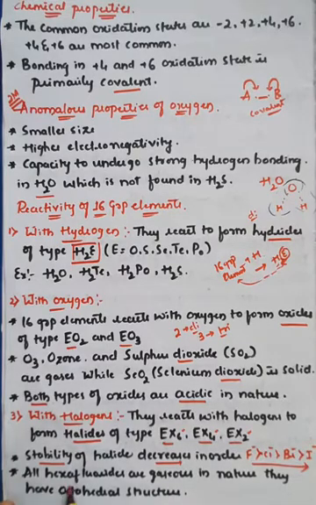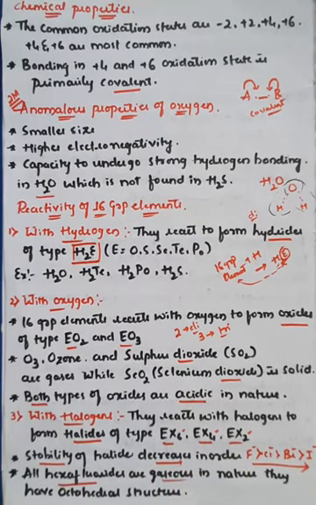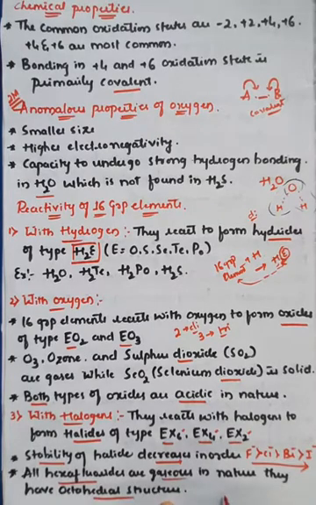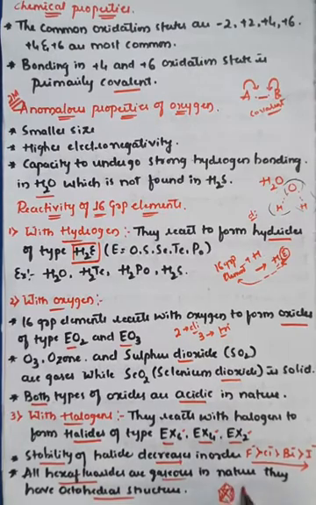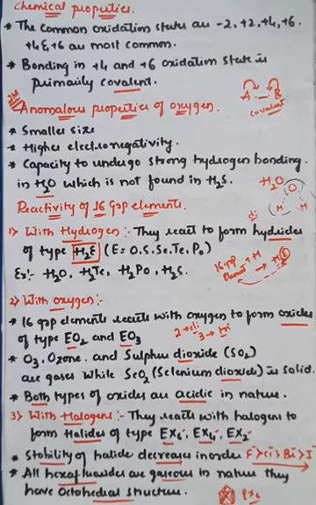All these hexafluorides, which means these are in the form of EX6, are gaseous in nature, and they have the octahedral structure. Due to the formation of 6 bonds, generally they are octahedral. You know the octahedral structure, it may be present in the form of like this. So this is generally called octahedral structure, and that kind of octahedral structure can be seen in the case of EX6. EX6 means generally the form of hexahalides.